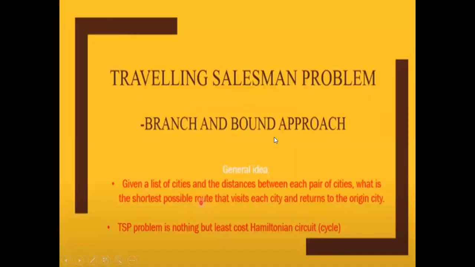Okay. Good morning, everyone. So in the last class, we were dealing with a concept called branch and bound, right? And we also saw what is the difference between branch and bound and backtracking. The major difference: in case of backtracking, it is DFS. In case of branch and bound, it is breadth first search, that is BFS. Correct. The other one is that the branch and bound approach is basically used for an optimization problem with the minimization approach, minimization problem.